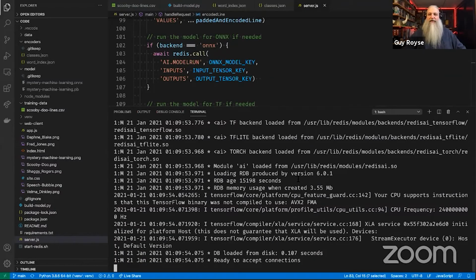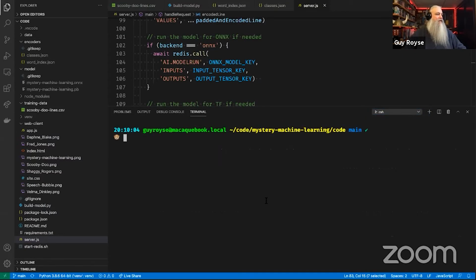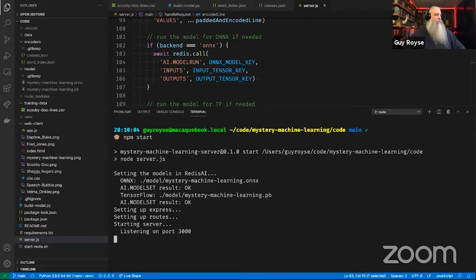This would be the time when Redis decides to pull the latest Docker image, wouldn't it? Okay, so here we've built our model already, so we don't need to do that. So we can do npm start. And so it's doing all the things. It set up the models. It's listening on port 3000. If we go to port 3000,